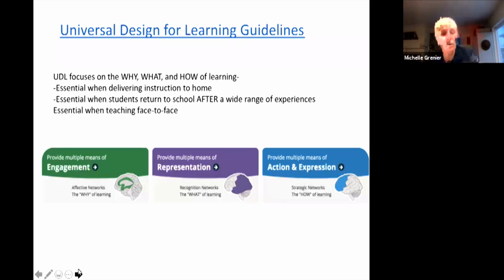The second component of UDL is multiple means of representation. And as educators, we have to deliver instruction. So we consider all of the ways that we deliver instruction. And we know that during COVID, the disadvantage is that we've had to have remote learning. I think in my conversations with teachers, one of the advantages of representation is that they've found how to use technology. Their skills in technology have strengthened. They've found multiple means on the internet, whether it's Twitter, anything else, of how they can deliver the instruction. So representation, I think, to some extent, has really exploded as a result of COVID.